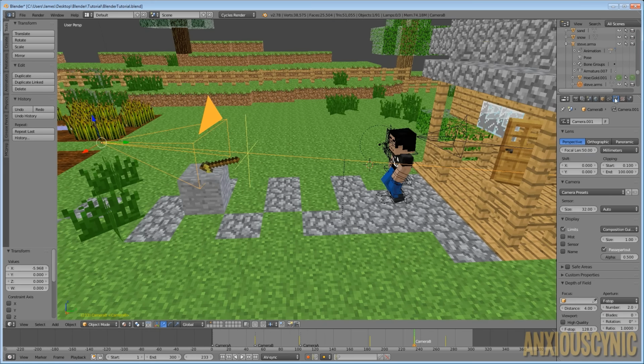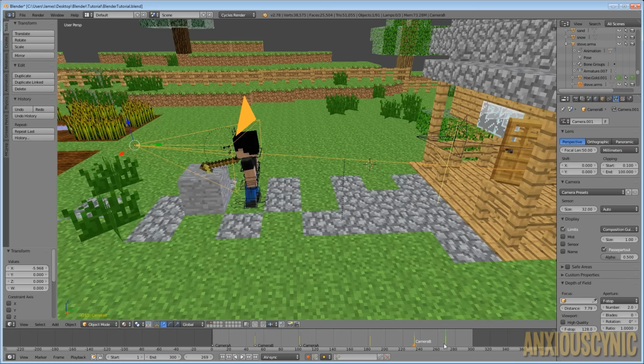So now that we're in the camera view here, you'll see it says camera 0.001 because that's what it was when we had all this stuff set up. That doesn't really matter. That's the second camera we brought in. So I'm going to go over here to distance, and I'm going to bring it in, and I want the focus to kind of track with Steve. So once we get to the next keyframe, I'm going to have my cursor down here in the timeline. I hit the up arrow. Then I want to bring this in and have it focus on him like so. All right, so that should do it.